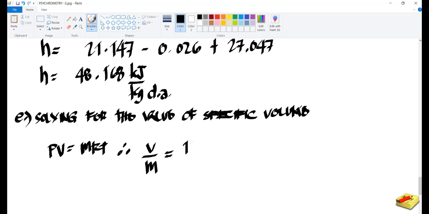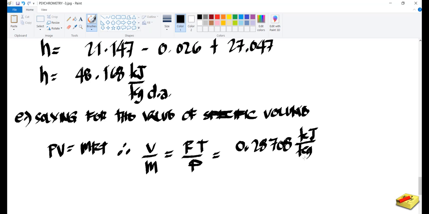We have your RT over the pressure. So substituting the value R of the air, that will be 0.28708. So this will be kilojoule per kilogram Kelvin. Then multiply by the temperature, which is 21 plus 273, will be in Kelvin. Then divided by